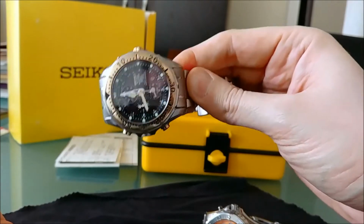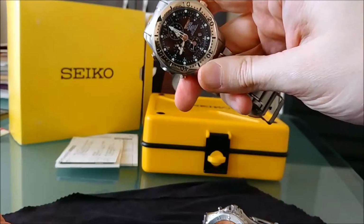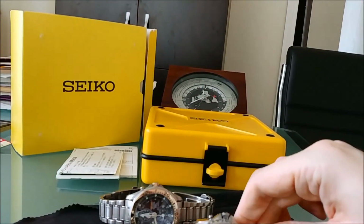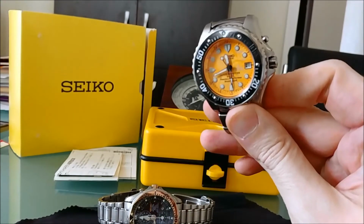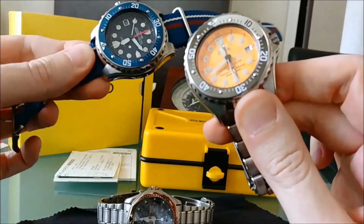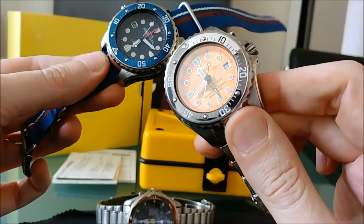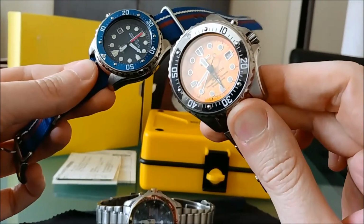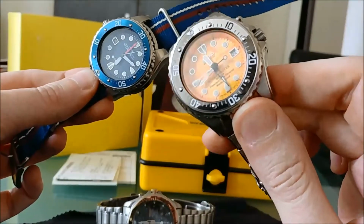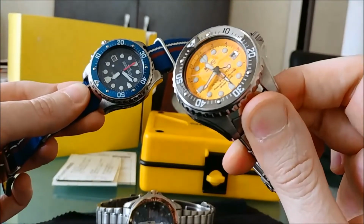Now there was another Scubamaster watch back then, but it was a diving computer. It looks pretty interesting, I guess, but I wouldn't put it in the same category as these watches here, since it was a diving computer, and the computer is pretty huge on the wrist too, digital LCD. But these watches here, they are timeless designs, very, very unique, very nicely put together watches, sapphire crystals,